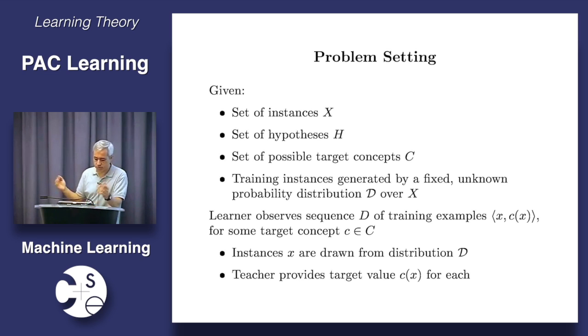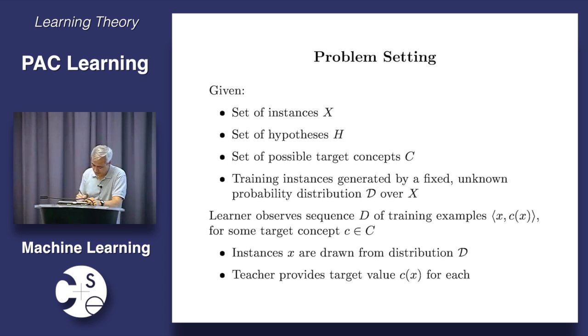X is my training set, a bunch of instances. H is the set of hypotheses that I'm going to consider. So the mission of my learner is to pick one of these hypotheses and tell me, I believe this is the truth, or as close as I can get. There's a set of possible target concepts C, which is not necessarily the same. Your concept came from some set of concepts, and there's the set of concepts that your learner is looking at. They might be the same or they might not. So I'm going to call the set from which my target concept comes C.